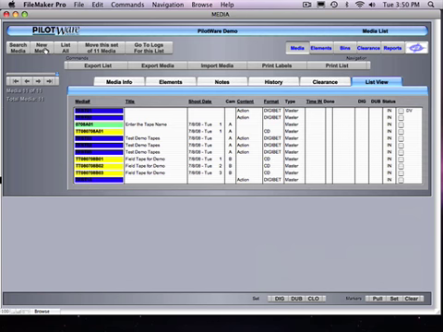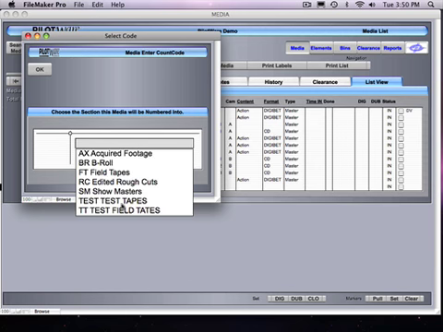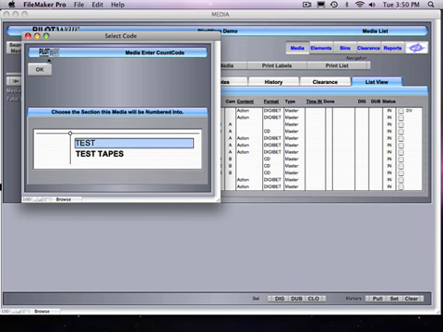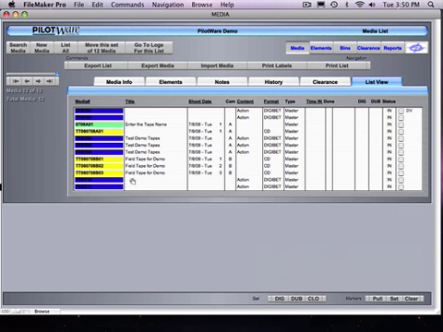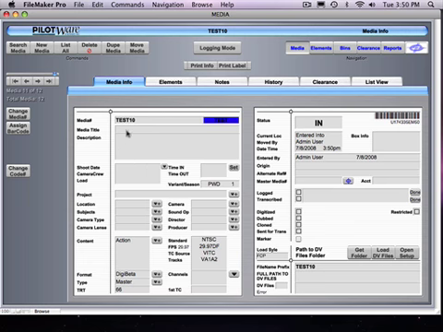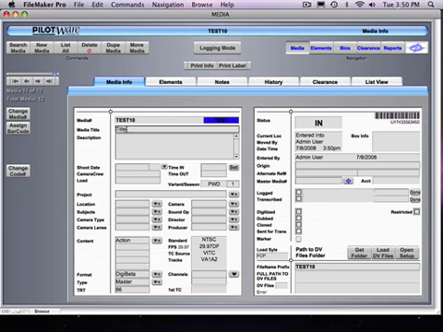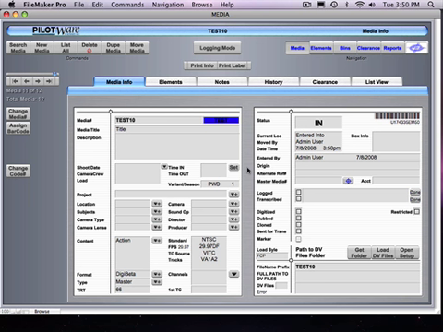All right. Now what's important though, if I do counter now, and if I choose test tape again, it looks at the highest number and takes it. So it noticed 10 is the highest number, so it assumes 11 is going to be the next one. It's not going to fill in 6, 7, 8, and 9. So if you have to go back and catch up on 6, 7, 8, and 9, then you have to do those ones manually. All right. But anyways, once the tape gets entered in, you can now type in the title of the tape and fill in all that extra stuff that you're supposed to do, and away you go. All right, that's how you enter in